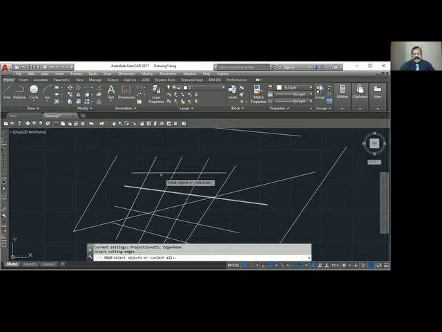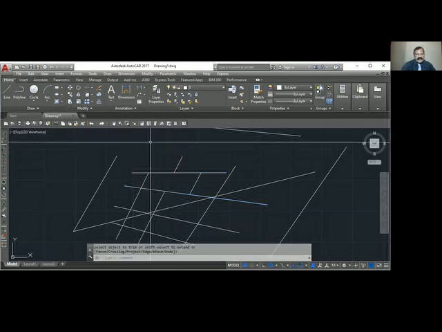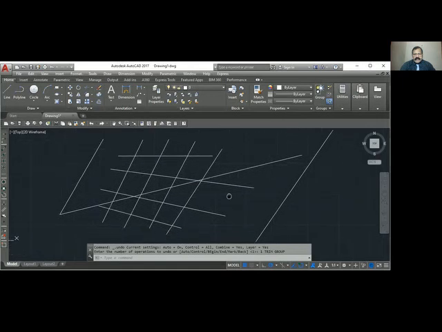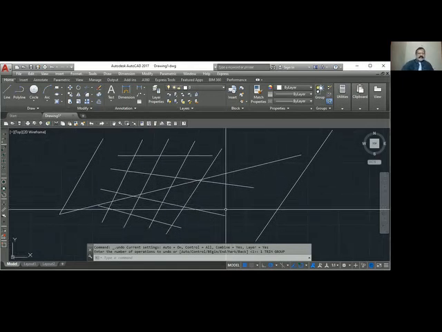If I select both these 2 lines as the cutting edge, enter, show the points which we want to cut. Okay, cut. So the trim command is used to cut the extra length of an object. Have you written it? Trim, T-R-I-M, to cut extra length of an object.